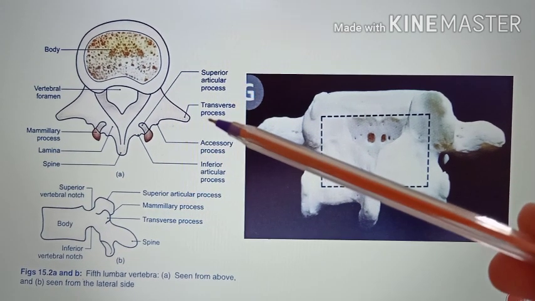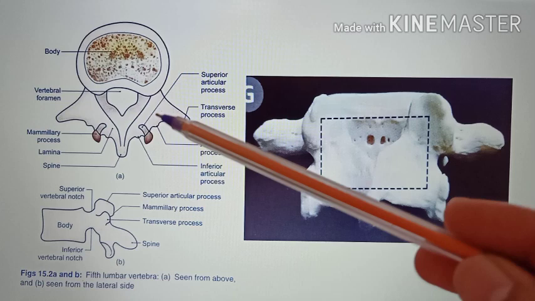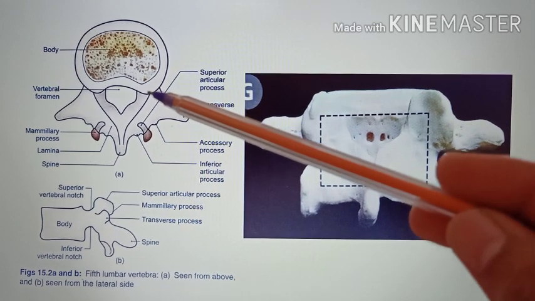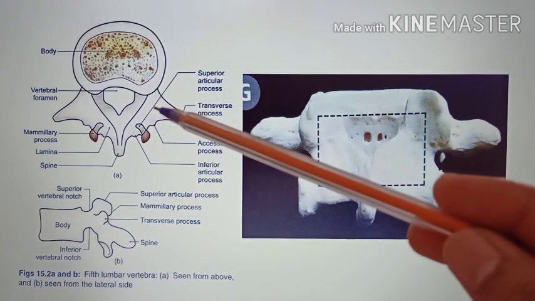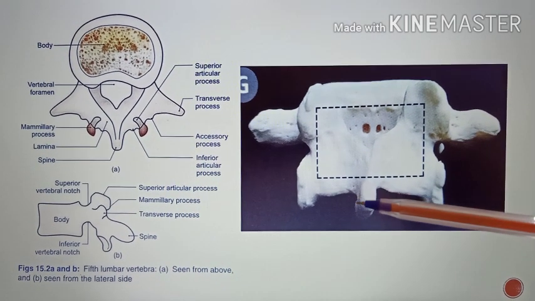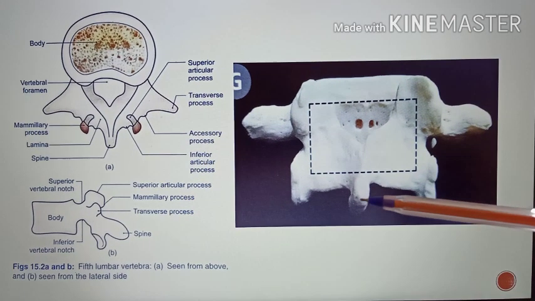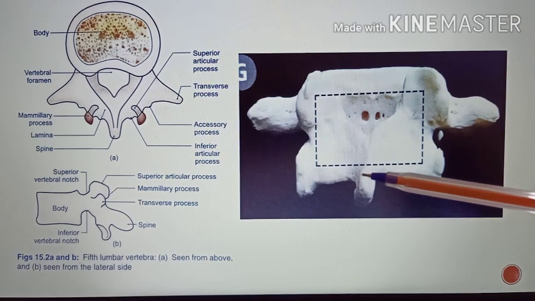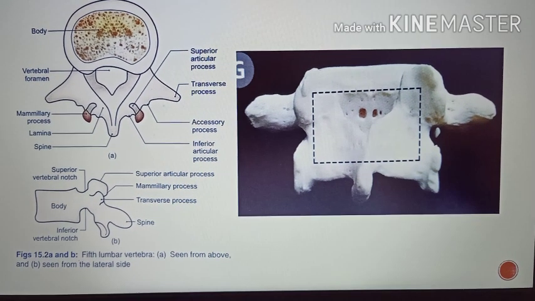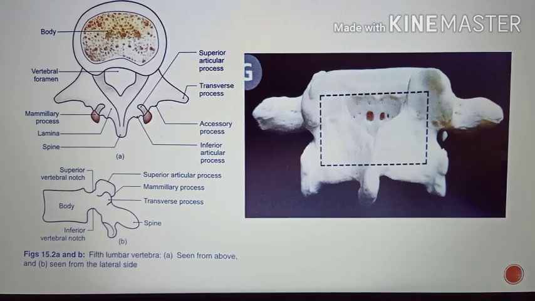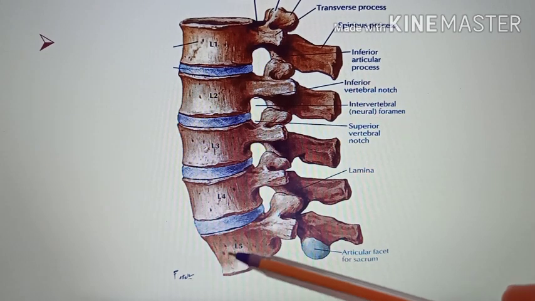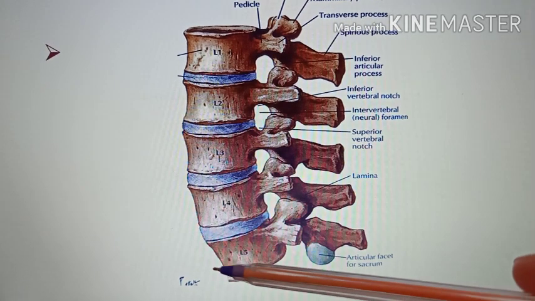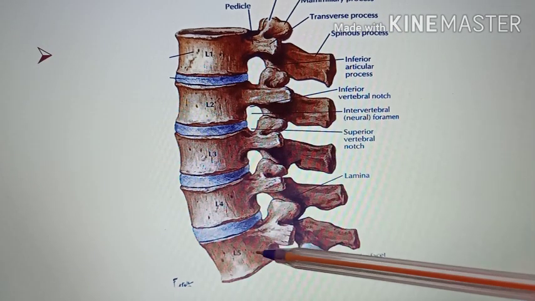Then their base is attached to the whole thickness of the pedicle, and also it encroaches the side of the body. Then the spine is small, short and rounded at the tip. Then the body is larger comparing the rest of the lumbar vertebrae. So if you see the fifth lumbar vertebra, the anterior surface of the body is much more extensive than the posterior